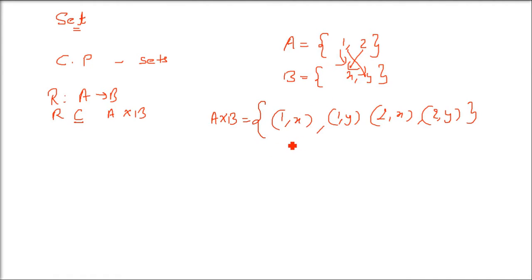What is the domain? What is the range? In this relation, there is no problem to understand. Domain is always the first one. In an ordered pair, the first element is the domain. That is, we have 1, 2, so 1 and 2 are the domain. And the range is the second element of the ordered pair. What are the second elements of the ordered pair? x and y. So x and y are our range. This will be different when we talk about function. We'll talk about that in a later discussion. But right now, domain is the first member and the range is the second member.